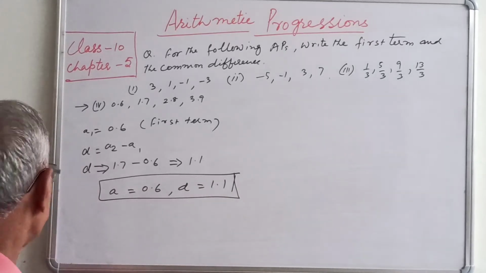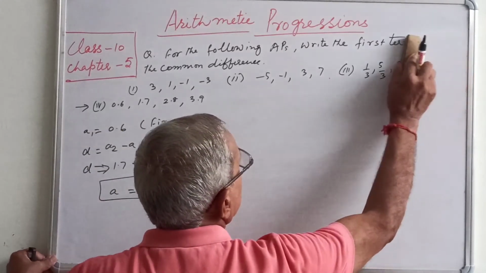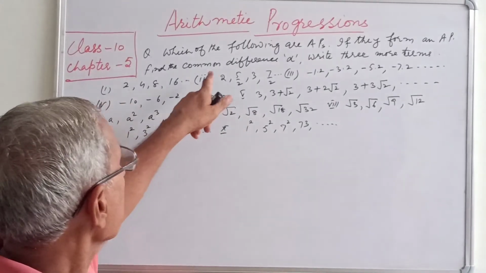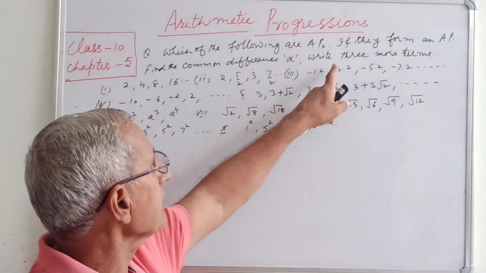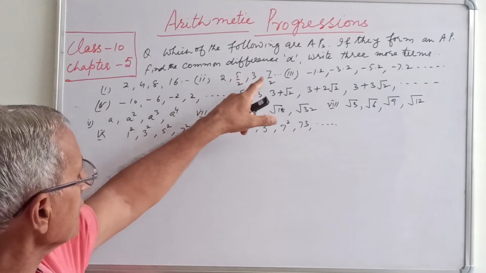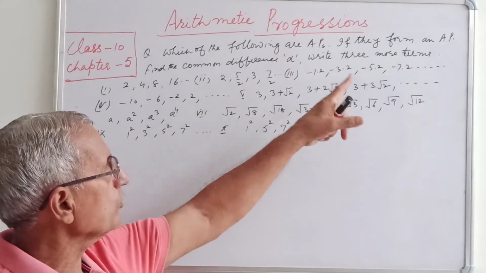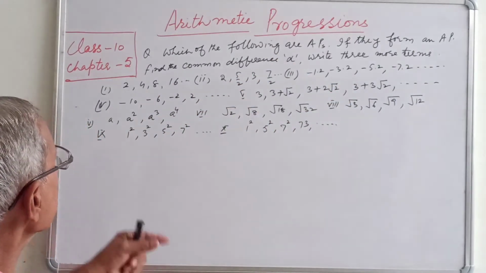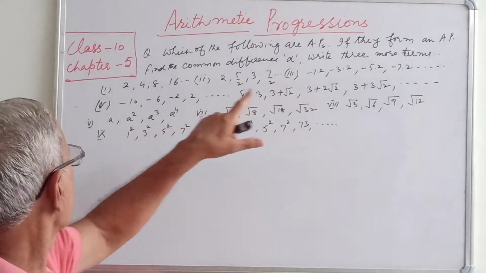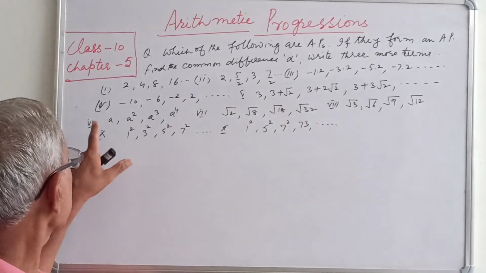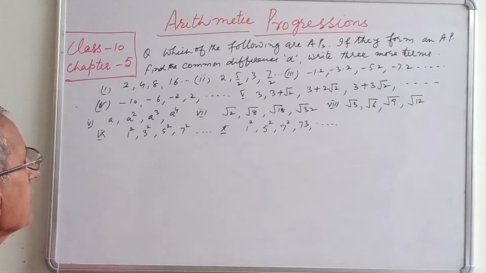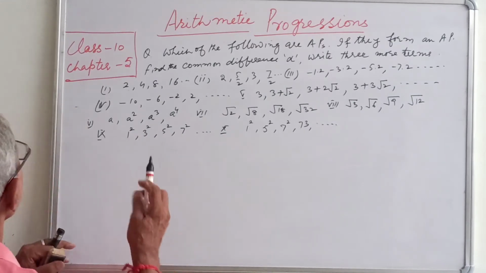The next question. Next question is, which of the following are APs? If they form an AP, find the common difference d and write 3 more terms. I have written some questions here, 1, 2, 3, 4, 5, 6, 7, 8, 9 and 10. 10 parts of the question I have written here. The first part is